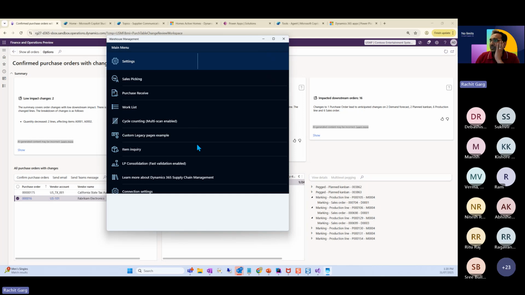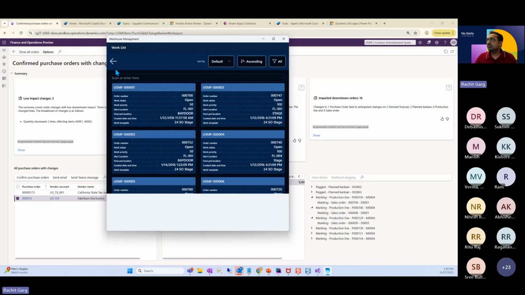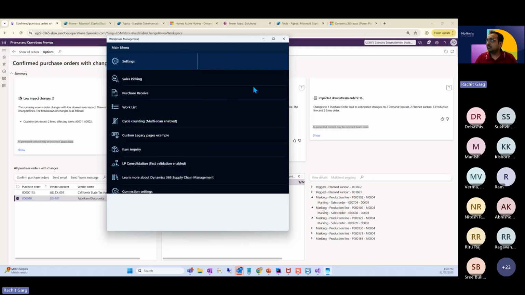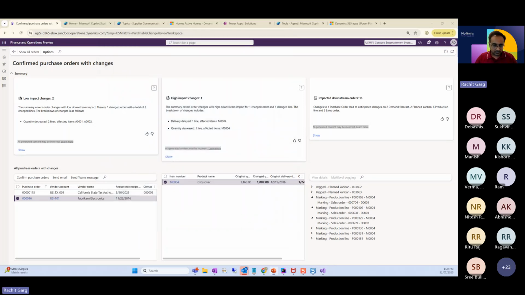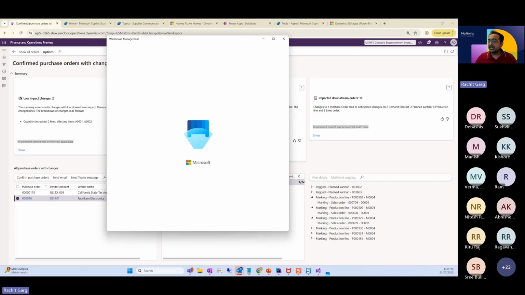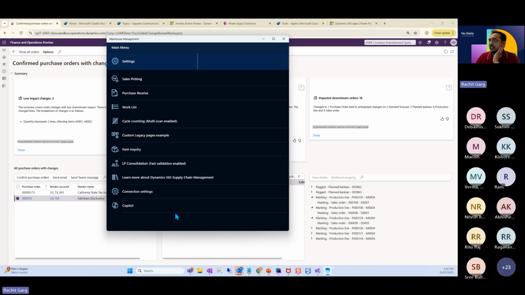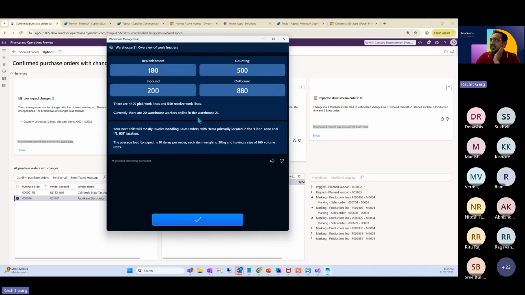Basically, what we can do is, just a minute, if you go back, maybe, sorry, I'll just go back to home. It's just not loading properly. Let me open it again. It will actually show you the summary of the work for that logged-in user. So if I log in as a user, I will be able to see what work lines are assigned to me and what is the status of different work lines across the warehouse where I'm logged in.